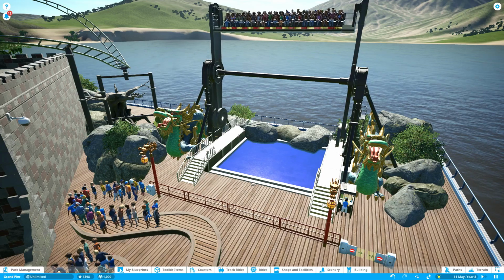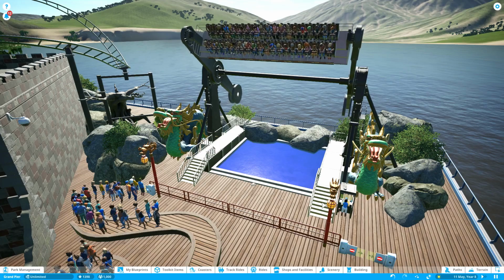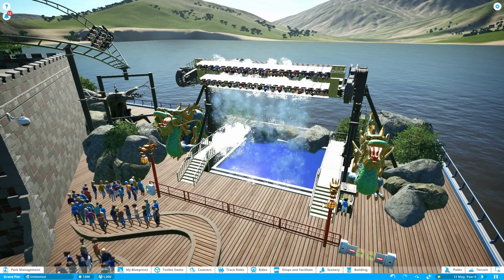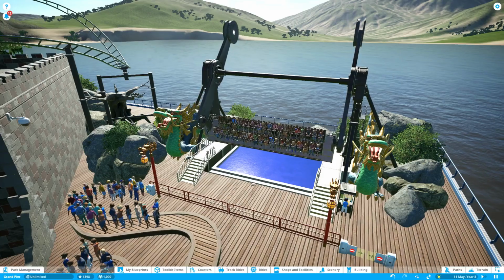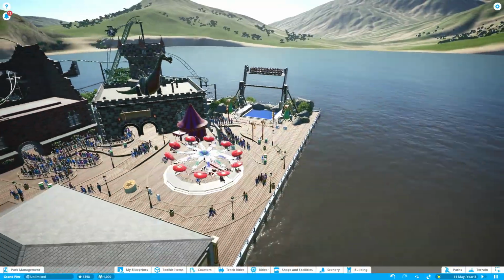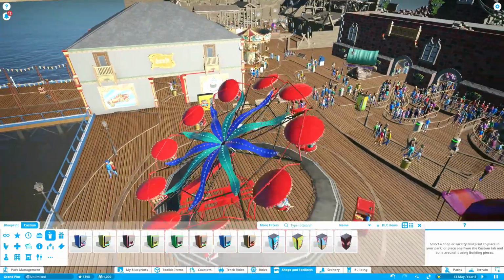But you can see it lock, down it comes, and these people are going to get soaked. Absolutely soaked. Don't leave it on for too long, because we don't want them drowning by any means, but they get absolutely soaked, and then down comes the ride. Brilliant with the paragliders, and of course over here